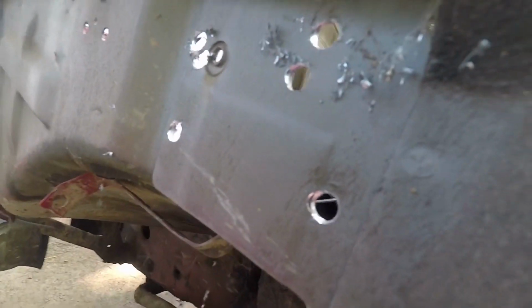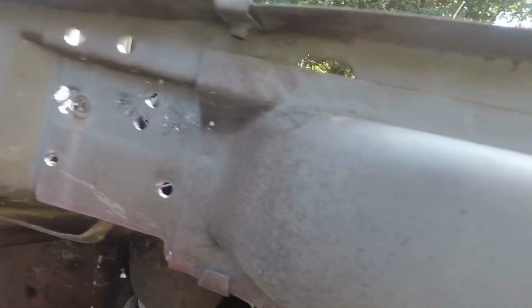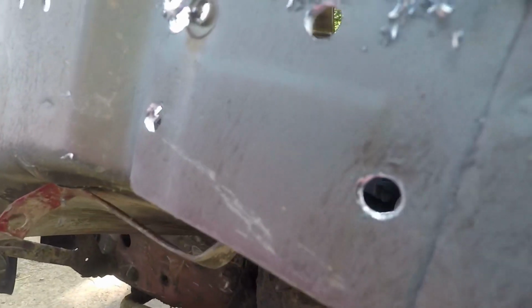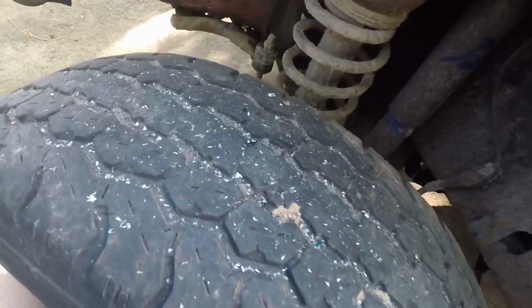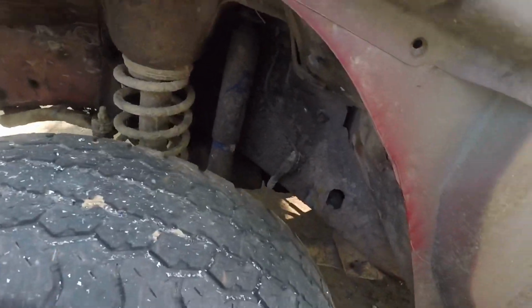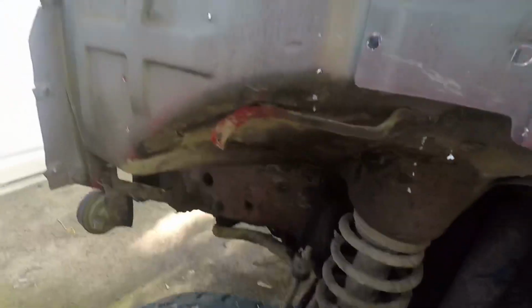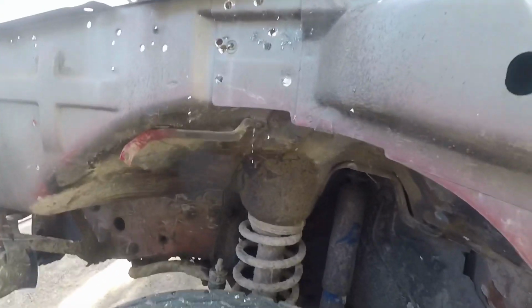And as you can see, some of this is like triple wall, where this and this meet, and it's just eating through it. As you can see by all the metal shavings all over me. But anyways, I'm going to have to remove this little fender support here. Just going to drill out that rivet,